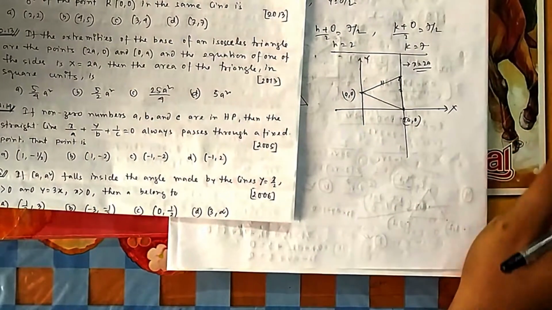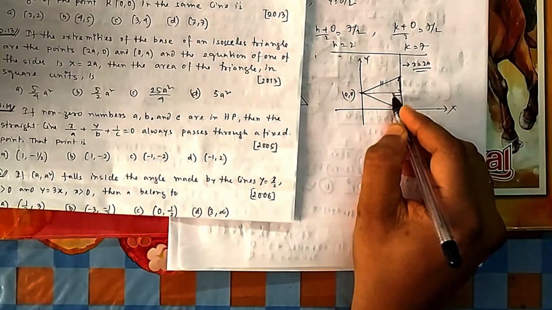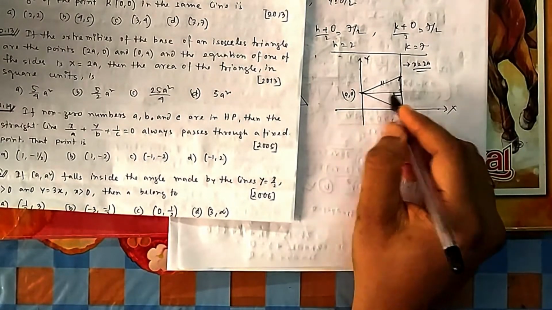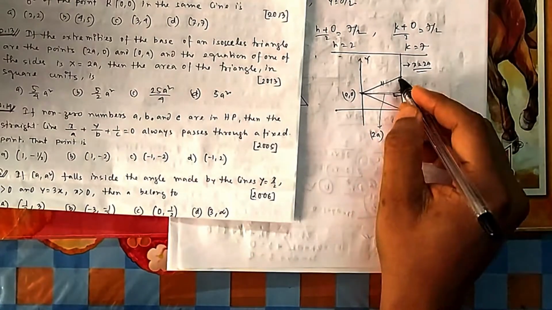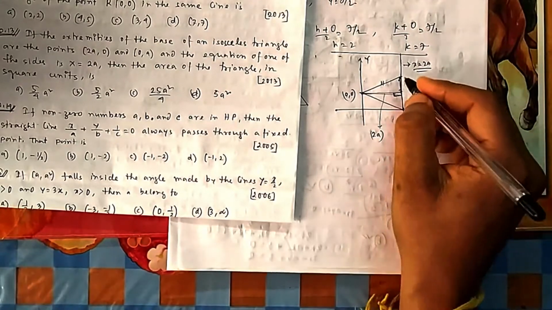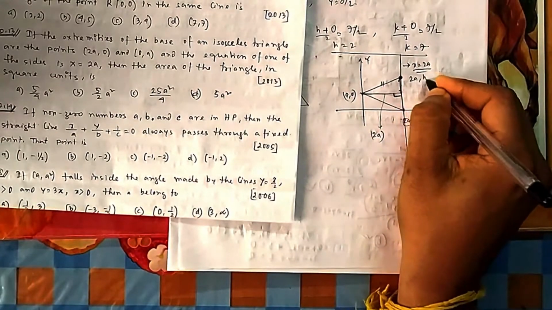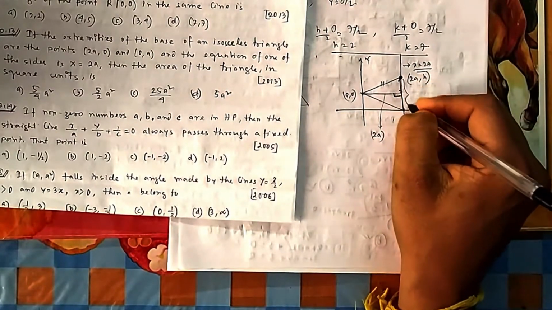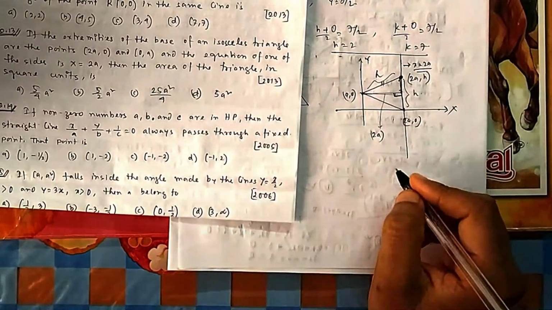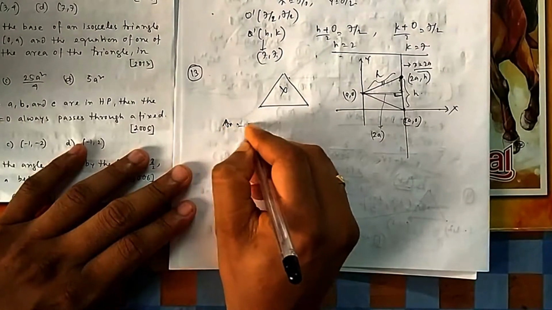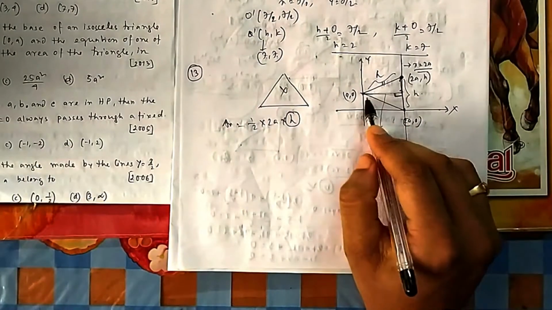So if you want to find the area of the triangle, if I draw a perpendicular from this line, what will be the length of this line? This line is 2a. So you know this base. If you can know the height, then this is done. You don't know this coordinate. Suppose this height is h. So the point is (2a, h). So this length will be h, and this is also h, because it is isosceles. So your area is equal to half into 2a into h.